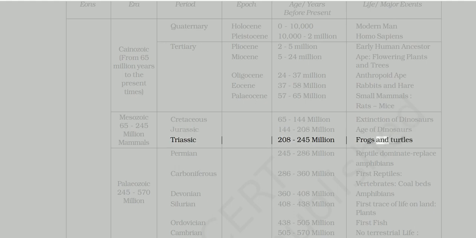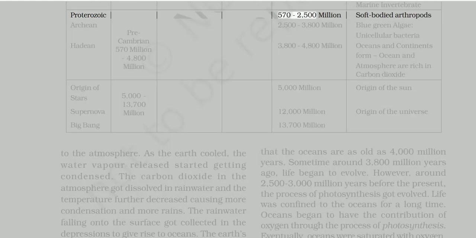Permian, 245 to 286 million, reptiles dominate, replace amphibians; Carboniferous, 286 to 360 million, first reptiles, vertebrates, coal beds; Devonian, 360 to 408 million, amphibians; Silurian, 408 to 438 million, first trace of life on land, plants; Ordovician, 438 to 505 million, first fish; Cambrian, 505 to 570 million, no terrestrial life, marine invertebrates; Proterozoic, 570 to 2,500 million, soft-bodied arthropods; Archaean, 2,500 to 3,800 million, blue-green algae, unicellular bacteria; Hadean, 3,800